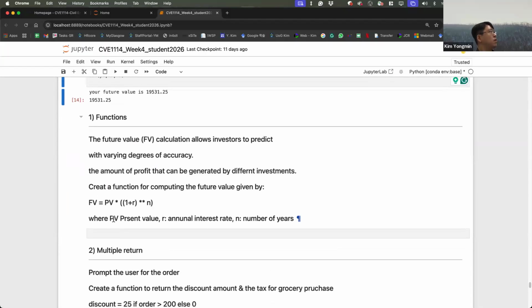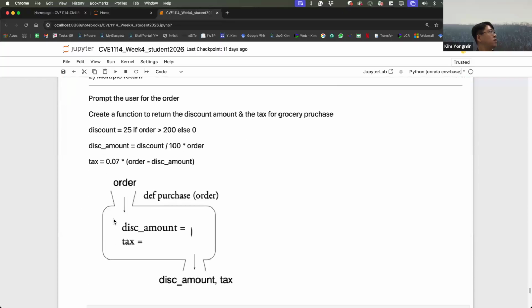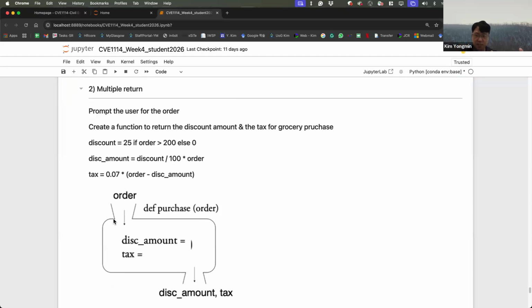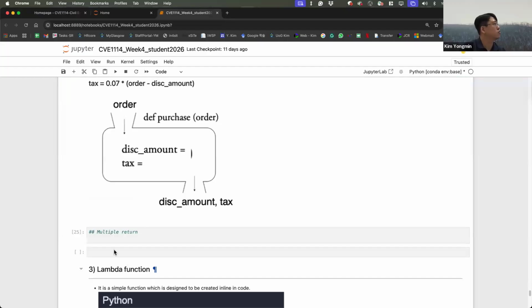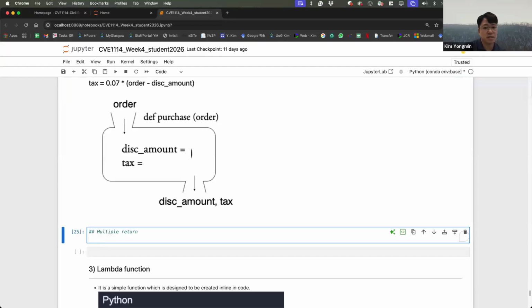Multiple returns. Let's try out multiple returns. For example, def purchase. Yeah, this is the second time, third time, so very tedious things. I want to develop a function, order, right? Order number.